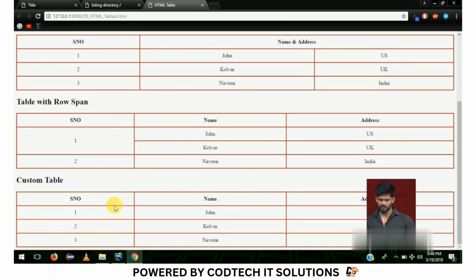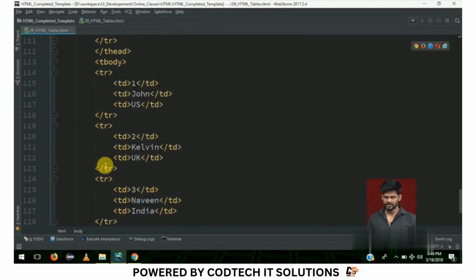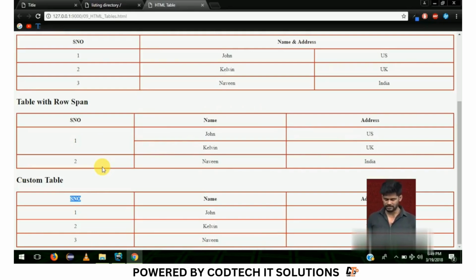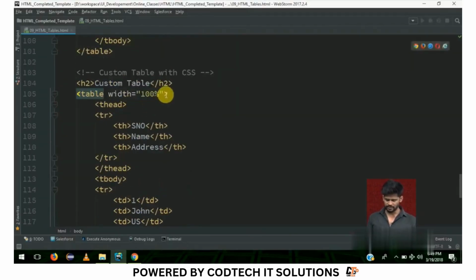Now only for this table I want to apply some styles, my own styles. It seems like a custom table. See, there are a lot of table tags over there, right. In CSS, if you want to apply styles only for one particular element, you must use an ID, and for that ID you have to add the styles. So, let me add one ID. Go to top. For the table let me give an ID equal to